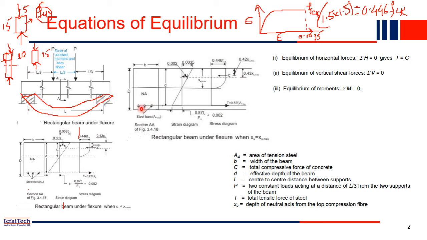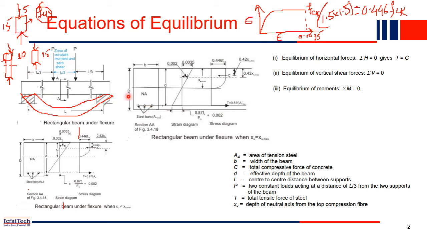After a few days, steel will corrode, and ultimately the strength of the steel will reduce. That's why it is always recommended to keep the steel bar embedded in concrete, so that we can avoid the corrosion also. This portion, the distance from the steel to the edge of the beam, we call clear cover. We keep some space at the bottom here, and this space we call clear cover.